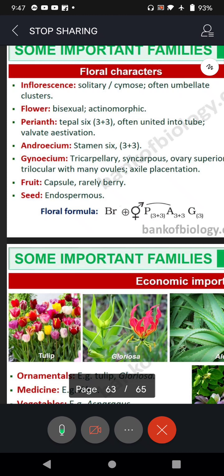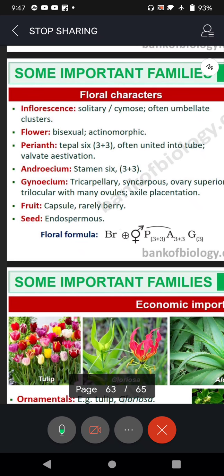We say peduncle. So in racemose, main axis of inflorescence has indefinite growth. You have seen. Okay. Try to recollect from your memory. Racemose stem will be lengthy, and in cymose inflorescence, the growth of the main axis is limited, and it gets terminated, and at the terminal point there will be a flower.